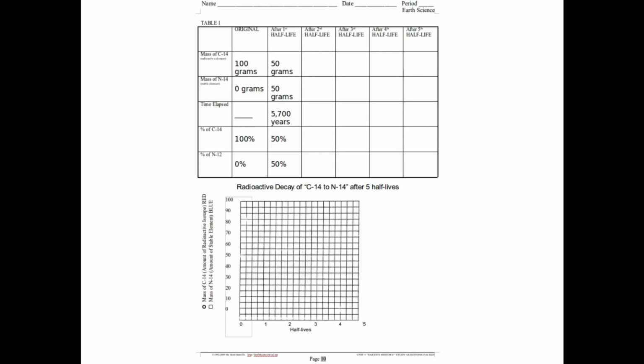To begin, what we're going to look at here is carbon-14 and nitrogen-14. Carbon-14 is a radioactive isotope of carbon, and it will decay over time. It takes about 5,700 years to go from 100% of whatever is radioactive to half of that material that's